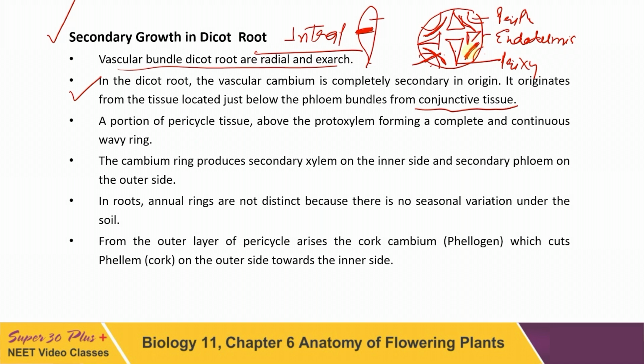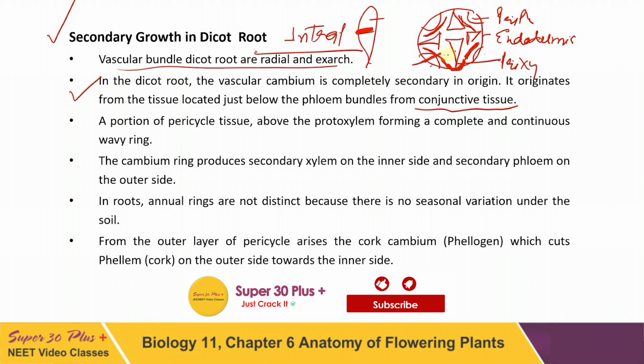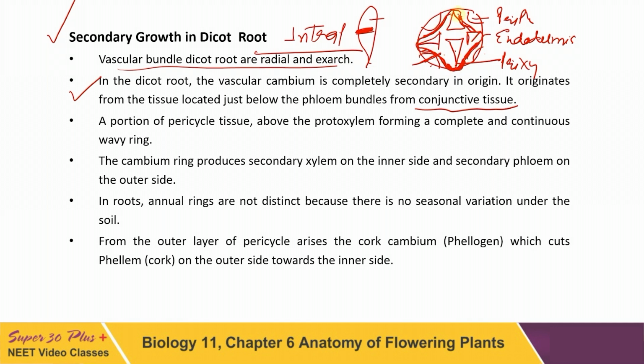One more thing will happen: the cells of the pericycle, which is just in front of the protoxylem, will become meristematic, and they will make a band like this. In that way, a vascular cambium ring will be formed, which is not circular. This cambium ring will be wavy like this. Are you getting my point? This wavy cambium ring will be formed by the union of